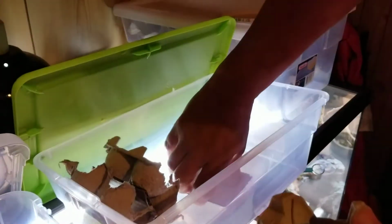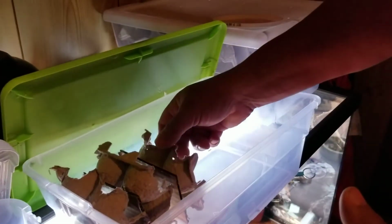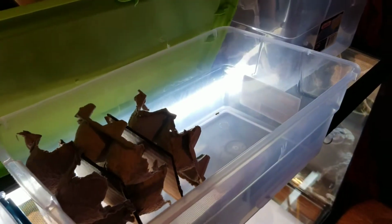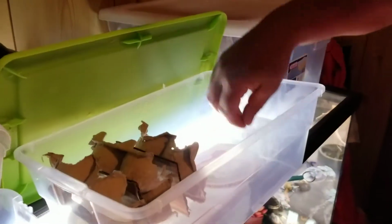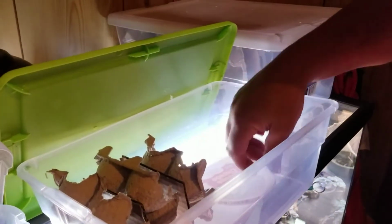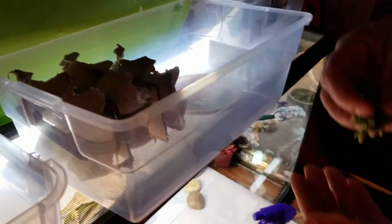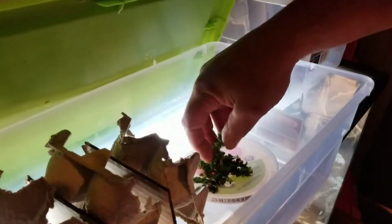And the reason for the cardboard is that it adds a little bit of extra space for them to climb on. They can climb in, or they can climb on the cardboard. And there again, you can put either a whole lid or cut the lid in half. But then you would just put your vegetables that you hydrated or that you sprayed with your spray bottle. You would just put the vegetables and fruit bits in